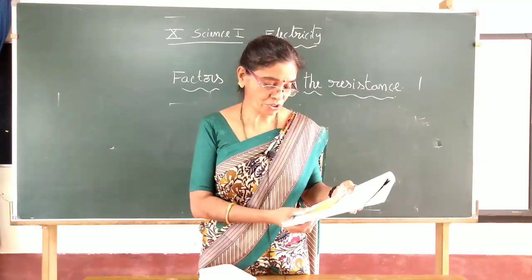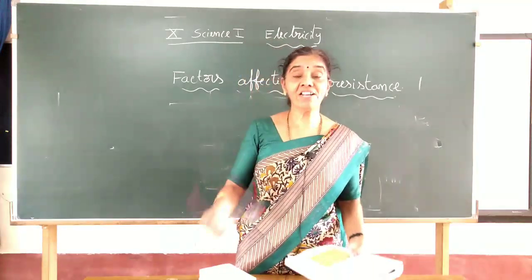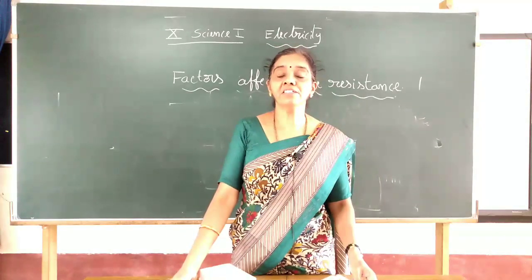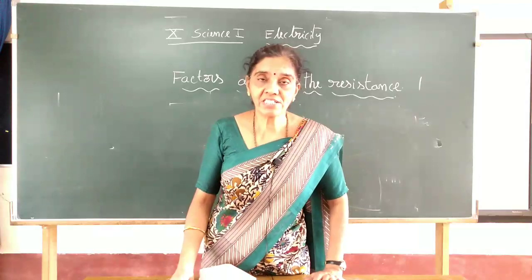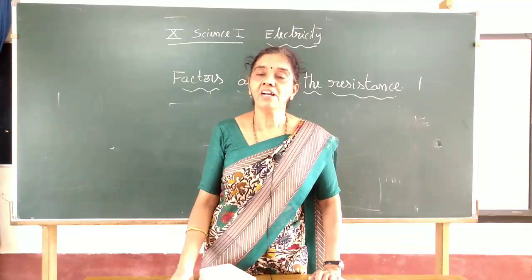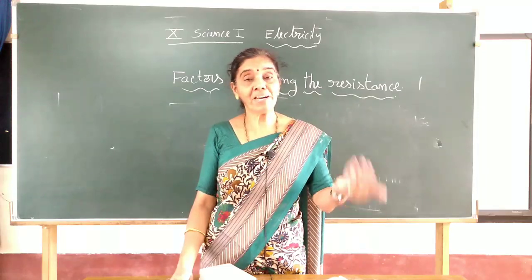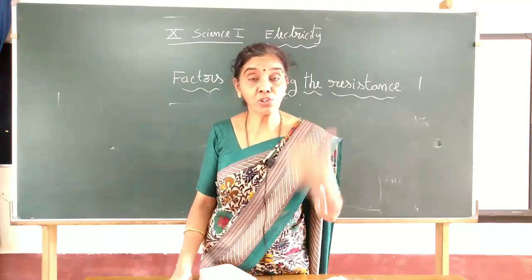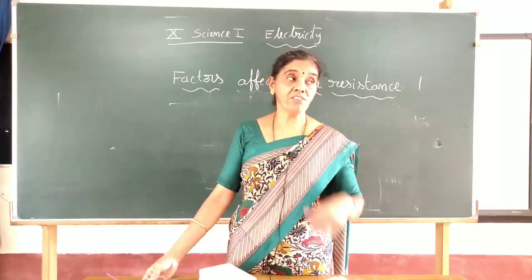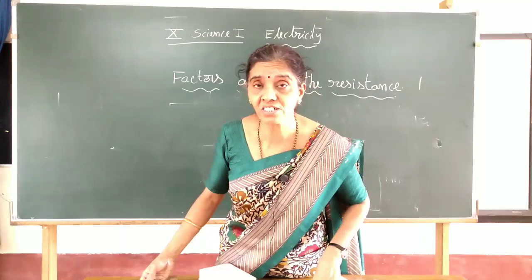If you see nichrome, all your heating devices, like a toaster, a water heater, or an electric iron, are made up of nichrome, an alloy whose resistance is high. Compared to metals, alloys have an appreciably good quantity of resistance, and these alloys will not react with oxygen at high temperature.